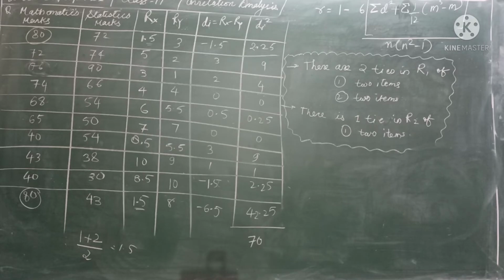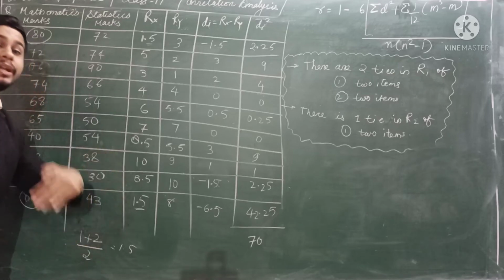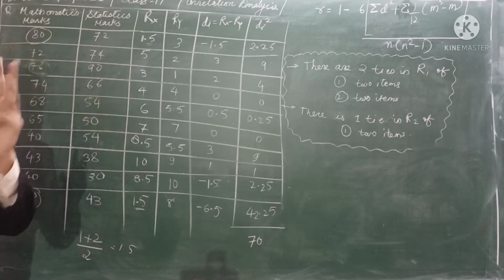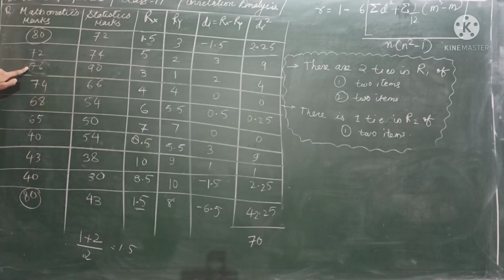So from this one you can see 76 is the second highest. But as you have already given rank 1 and 2, now the rank will be 3. No need of giving second rank to the second highest. We will give rank 3. Understand this logic, as they two are having the ties.